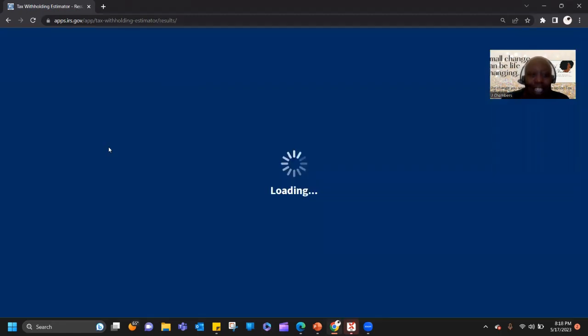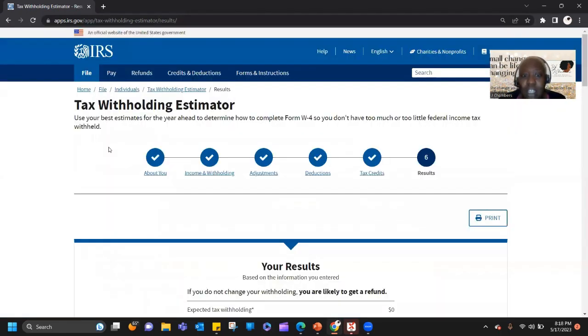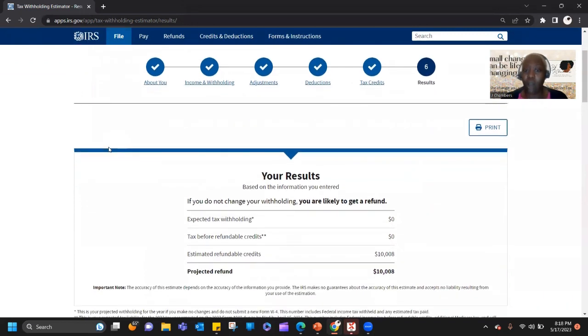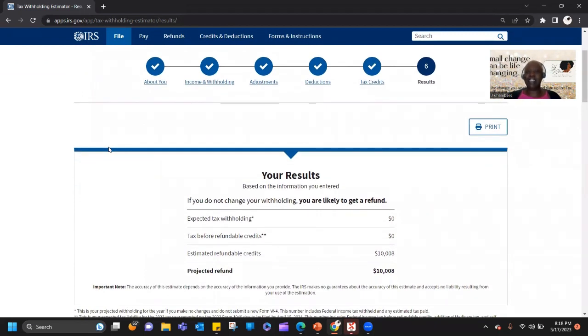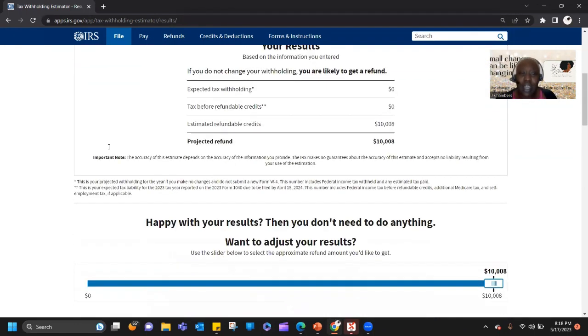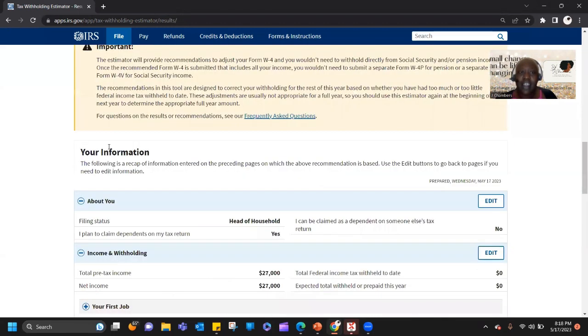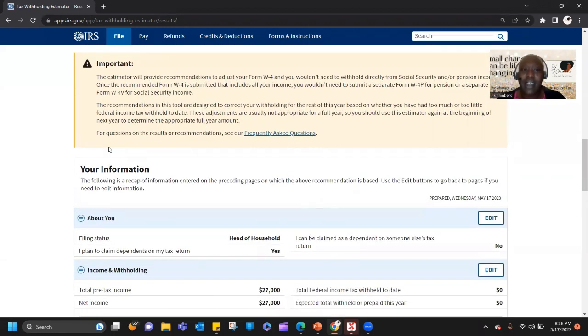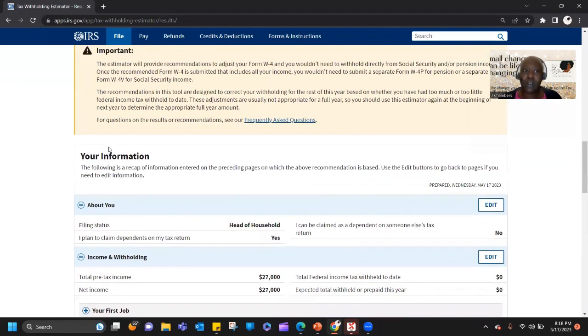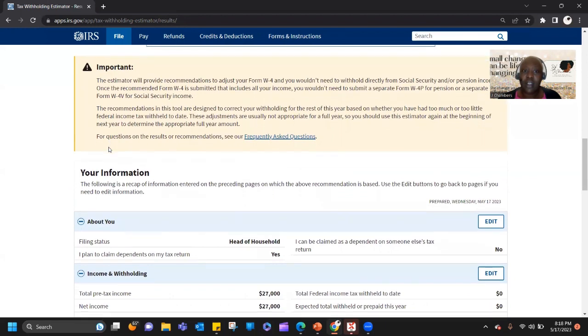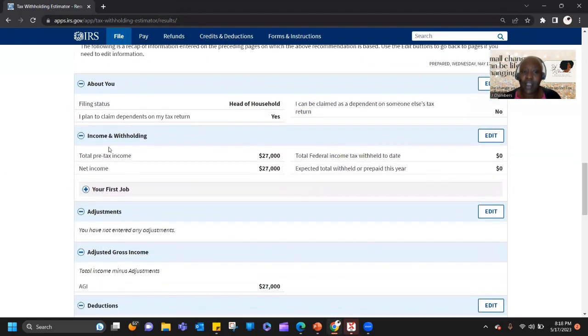So we're gonna go next, and guess what, guys? We're done. We're done. So now look. Oh my gosh, did they really even estimate my credits and what I would get for a refund? Yes. And now you scroll down and you have information. See what they're talking about? Information to complete your W-4. And as you go down,